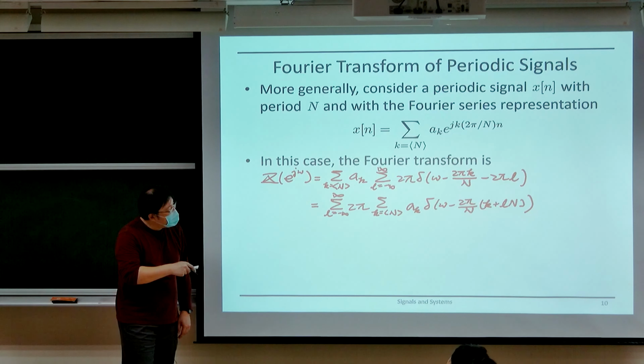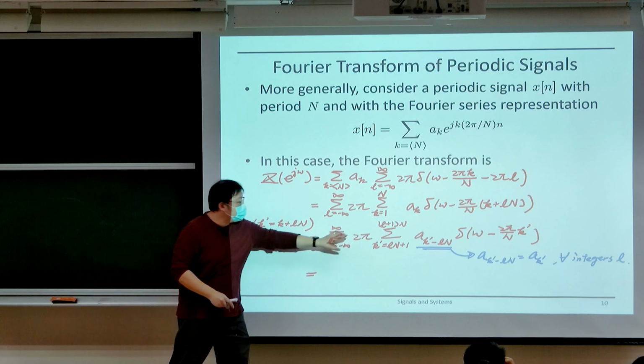But then as you further sum l from minus infinity to infinity, you go from ln+1 to (l+1)n, and then you have (l+1)n+1 to (l+2)n, and so on and so forth. You cover these blocks